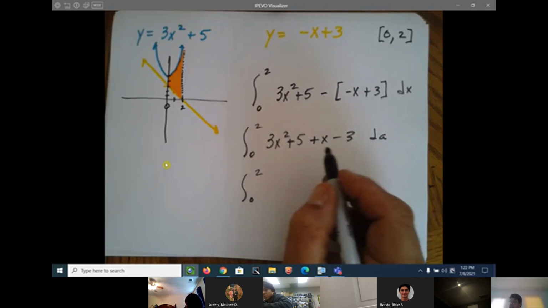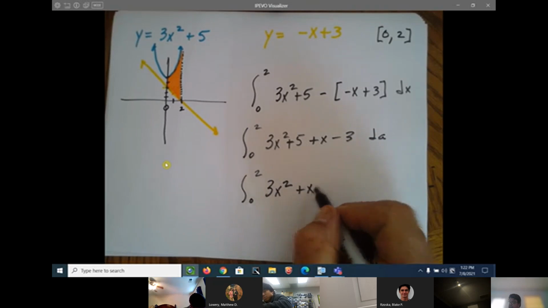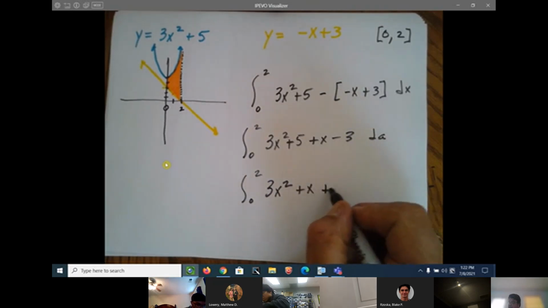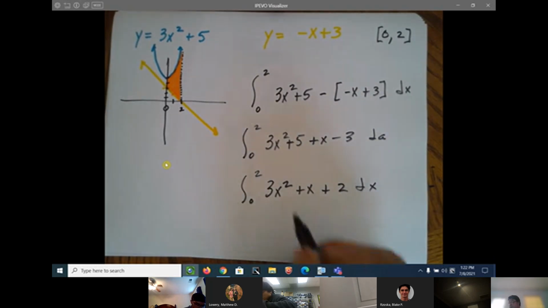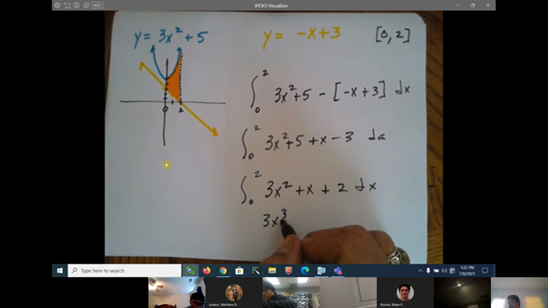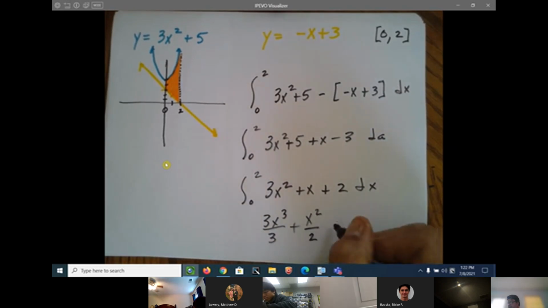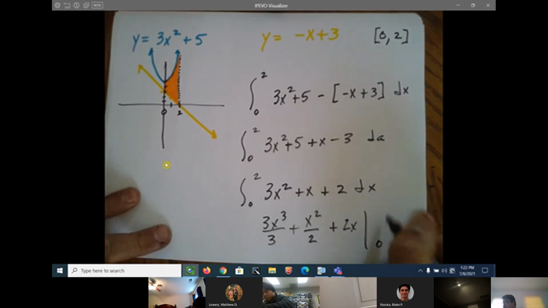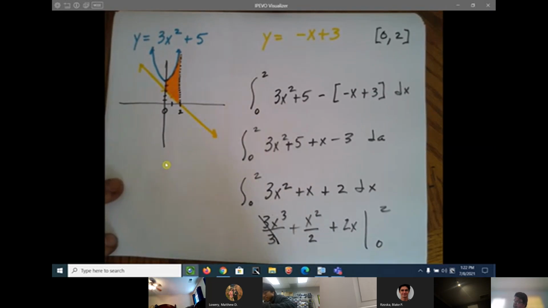Okay, 3x squared plus x plus 2. 3x to the third over 3 plus x squared over 2 plus 2x evaluated at 0 and 2. 0 takes itself out. So that's going to leave you